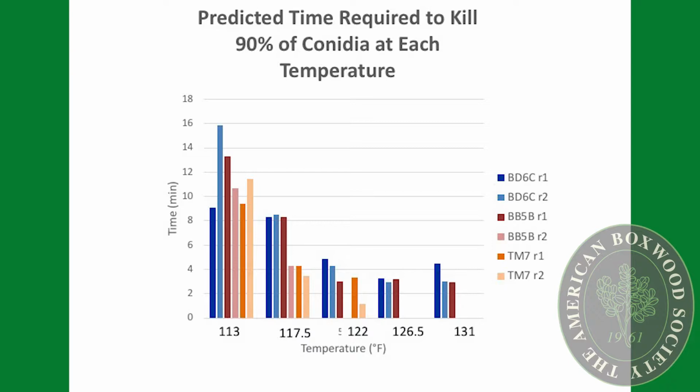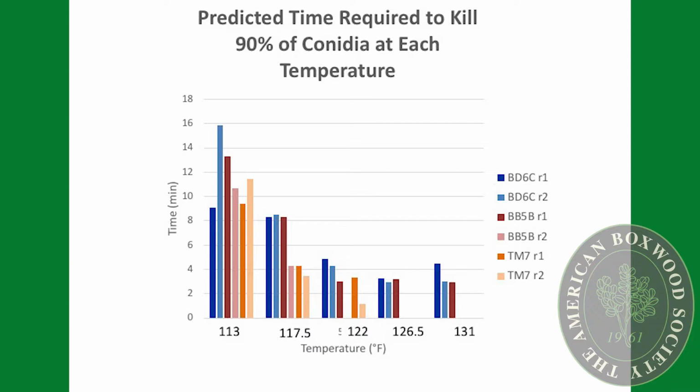So you're killing 90% of the conidia at 8 to 16 minutes, for example, at 113 degrees. Which is hopefully enough, because that actually seems to be the best tolerated, as you'll see in a few minutes. But just notice the variability. It is important for us to not just work with one isolate and assume we have the whole story just